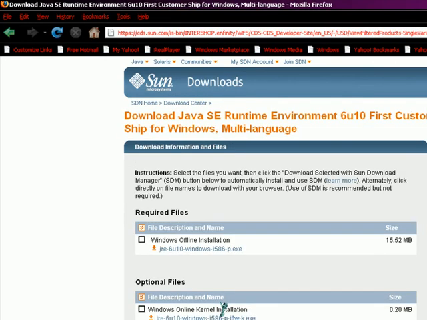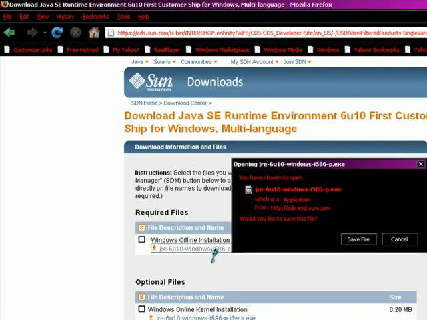and that will load the file download page. You're going to be looking for the section that says Required Files, and under that you're going to want to find Windows Offline Installation, so you can install Java even if you're not connected to the internet. You're going to see the file below it, so what I like to do is just click on it, and in Firefox that loads the downloader. You can also right-click and hit Save Target As or Save Link As, depending on your browser, and you will save that to your file system. But just for preference, I like to click on it. Essentially, it'll do the same thing, but it's faster for me and for this video